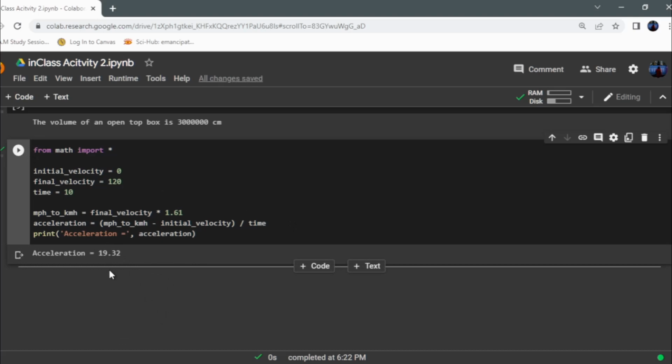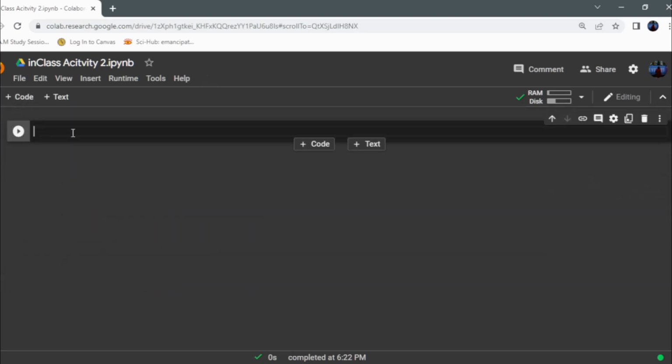Question 6 is: a body is dropped from a building and reaches the ground in 8 seconds. We have to find the height of the building and the velocity of the body as it hits the ground. That is problem 6. So what I did